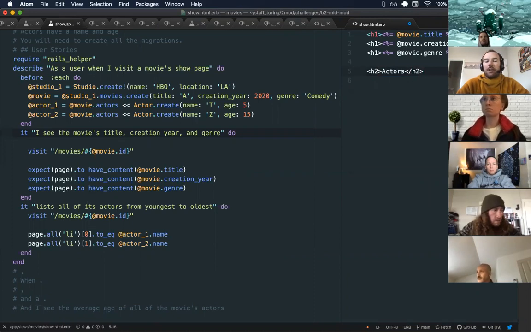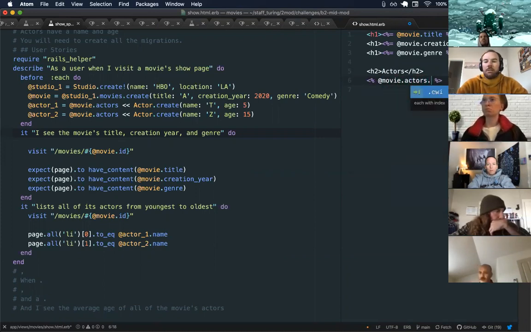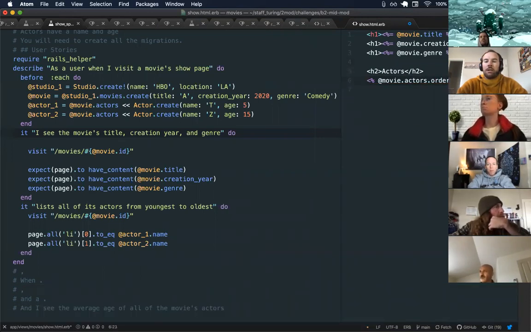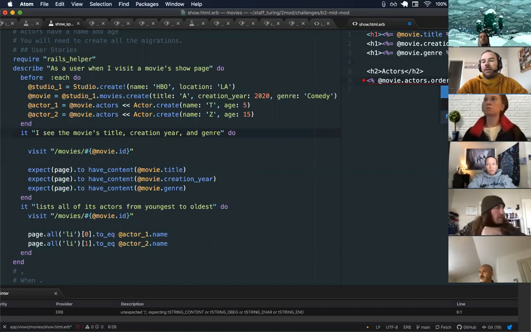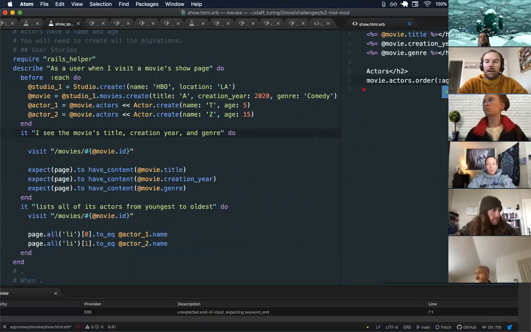And then in here, I'm going to do something like movie.actors.order by age, right? And then I'm going to do a dot each and then do actor